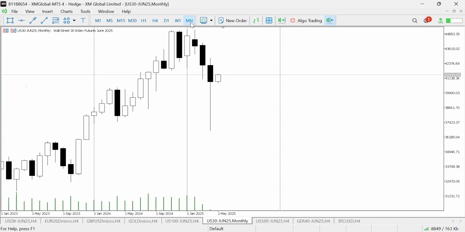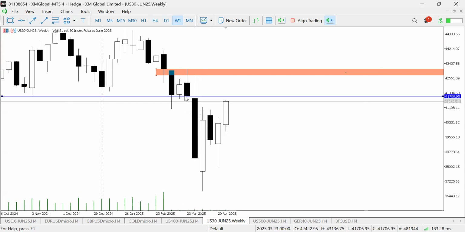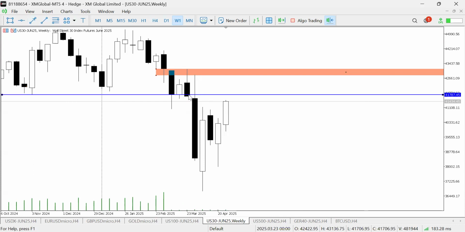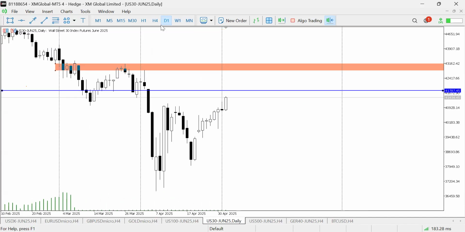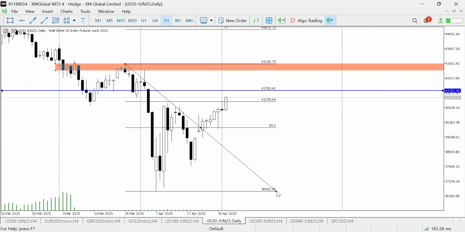It's US 30. But if you look at how US 30 is moving on a higher time frame compared to the Nasdaq, there's divergence. This one is weaker, right? It's weaker. So we have that monthly fair value gap. We have that weekly bearish order block. And if you take the range, which is the high to the low, we're in premium, right? Anything over 50% is premium, anything below is discount. So we're in premium prices.